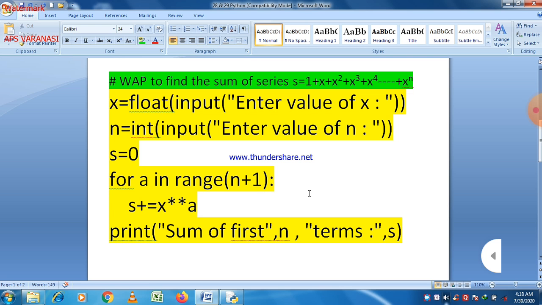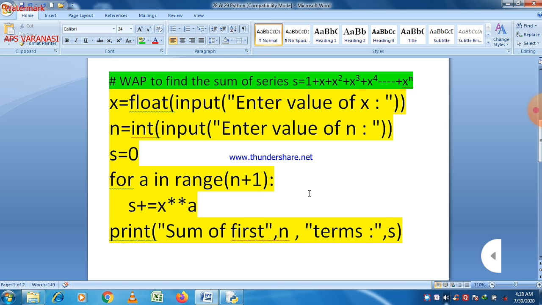Now the program begins here. The most important part of the program begins when we use a for loop, because we just want to print a series, and the number is not given up to which we want to find the series. So we take a variable n here. As you know, in the range function the last value is not included at all. So we take a value more than the last value. In the function we take n plus 1.